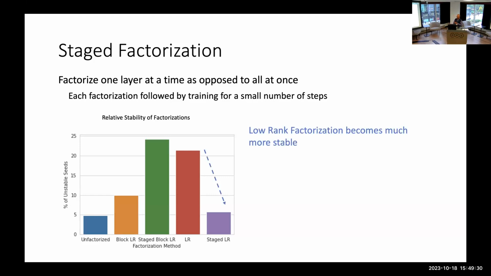With the standard non-blocked LR, the staged factorization really increased the stability. But for the blocked LR, it became less stable. Part of the reason to talk about this is maybe one of you can give us a clue as to what's going on here, or maybe you've seen something similar. But the good news is that with this staging, the LR factorization stability problems basically went away. It was as good as the unfactored version that's on the left.